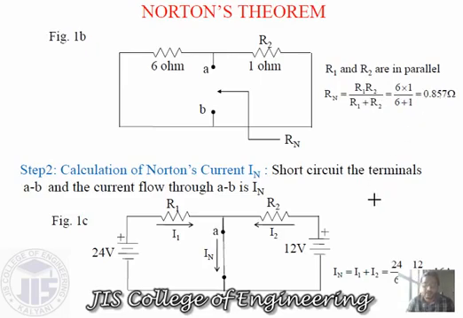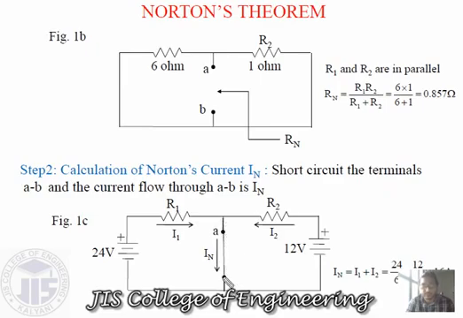Similarly, now our next aim is to find the Norton current. How can we find this Norton current? We can find it by shorting the terminal, where the load resistance actually was. In our actual circuit, the sources will be present there; we are just removing this load resistance and shorting the terminal. Whenever we short this terminal, one current will flow, and this current is written as IN or ISC. Sometimes it's written as IN, meaning Norton current, or sometimes as ISC, meaning short circuit current.